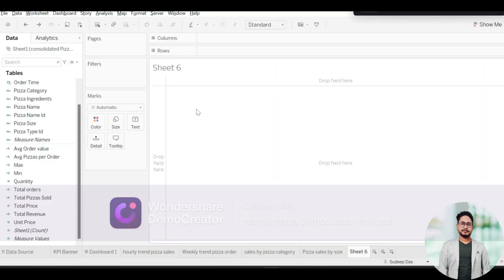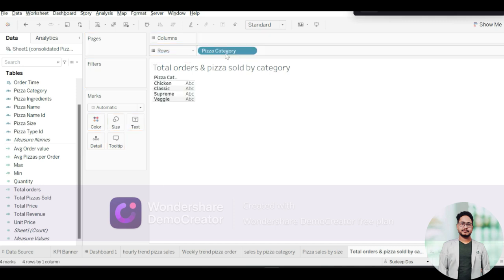Let's head on to our next sheet, new sheet, and name it as total orders and pizza sold by category. So this will be our title of the sheet, and to create a butterfly chart, the first thing that we need to do is put the pizza category into the rows. So we get the chicken, classic, supreme and veggie category in the rows column, and now we will populate the